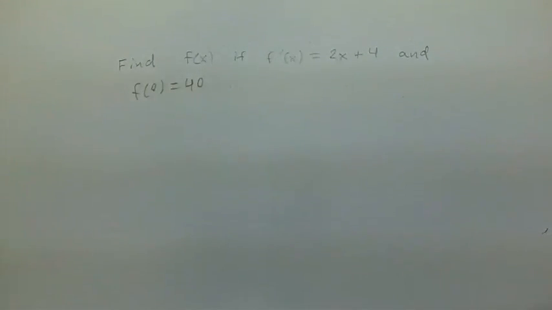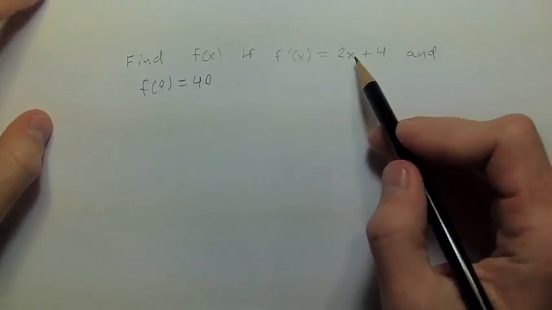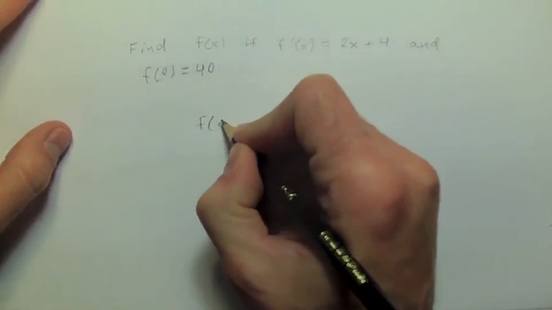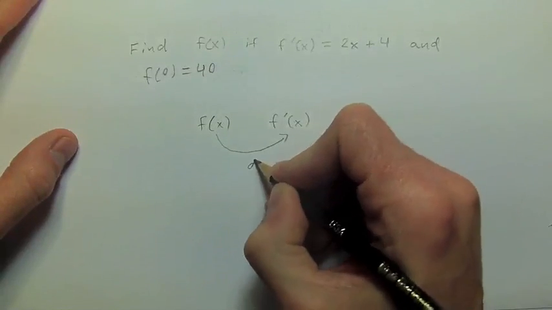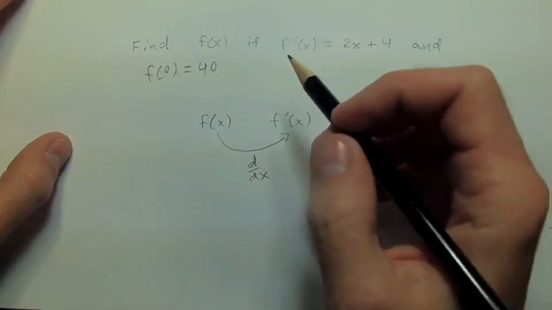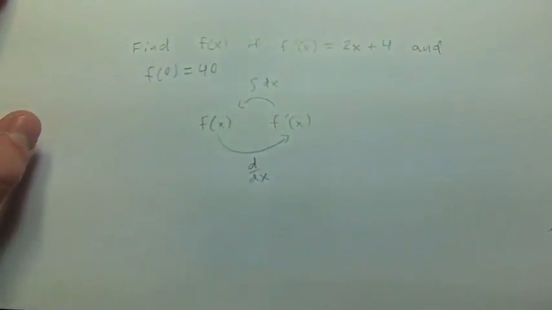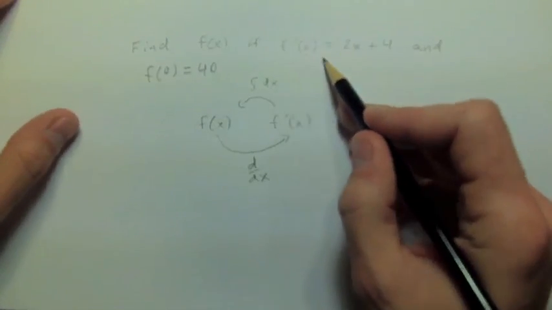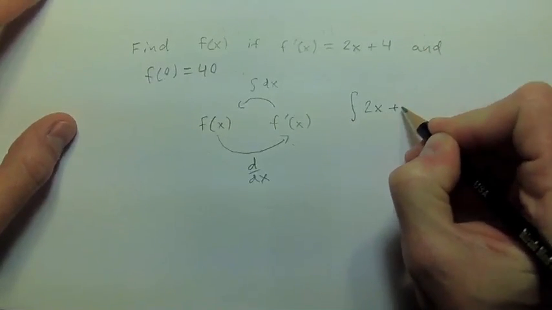Okay, so what they're essentially doing is if f prime of x is this and you want to go back to f of x, so we can go back to our original question that started this whole section, that if the derivative takes us to f prime, it should be the integral that takes us back to f. So if I have that f prime, okay, is 2x plus 4, well, the integral of 2x plus 4,